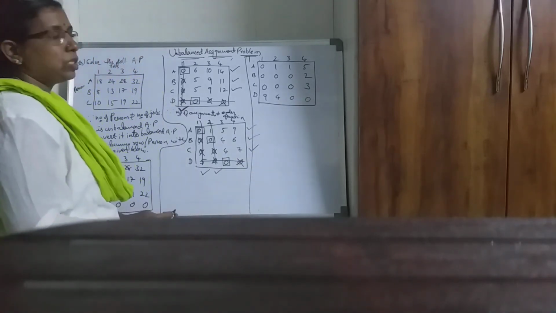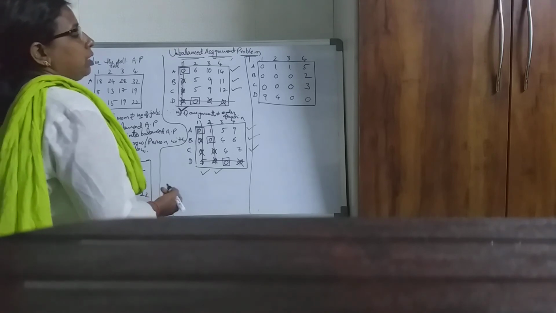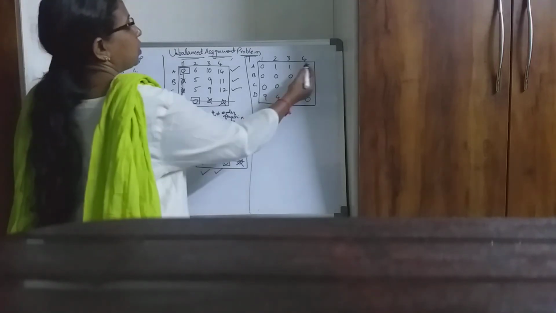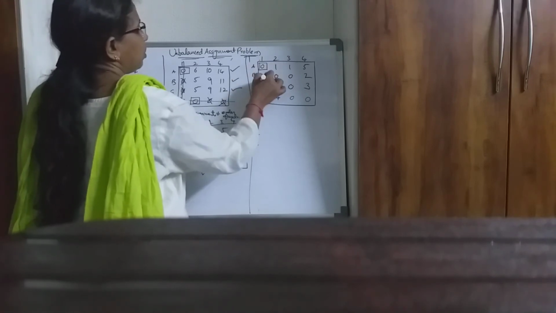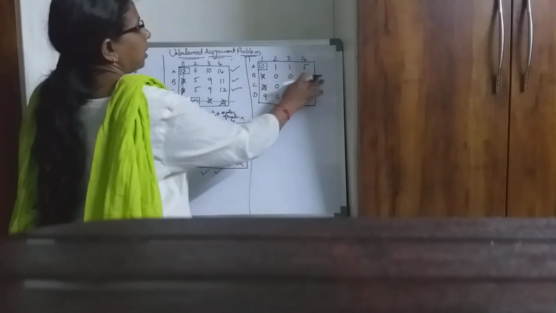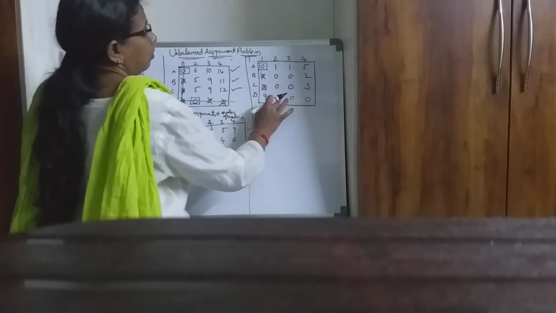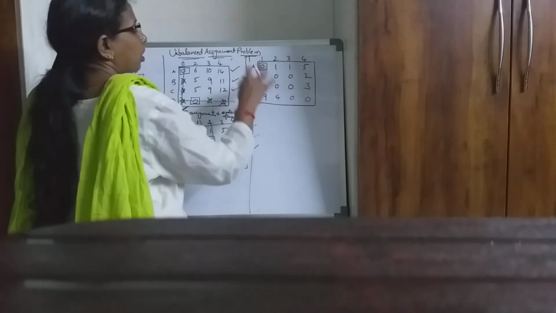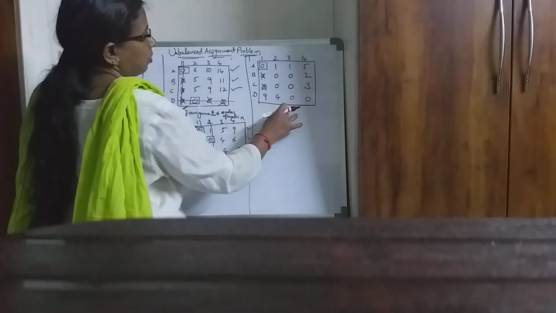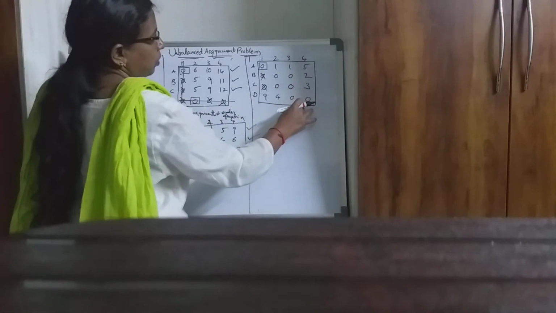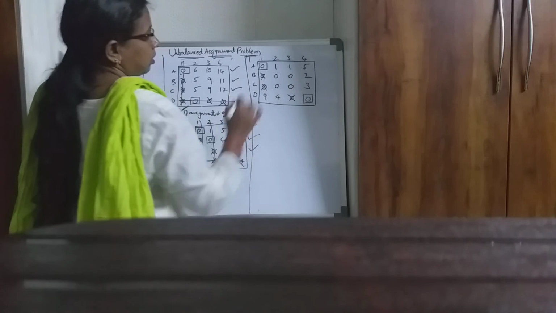Again check whether each row and each column is having at least 1 zero. Okay, yes, it is satisfied. Now come to the first row. You have only 1 zero, put an assignment here, cross off all other zeros. Second row you have 2 zeros, leave it. Third row 2 zeros, leave it. Fourth row 2 zeros, leave it. Come column wise. Second column you have 2 zeros, leave it. Third column 3 zeros, leave it. Fourth column you have 1 zero. So put an assignment here, cross off all others.